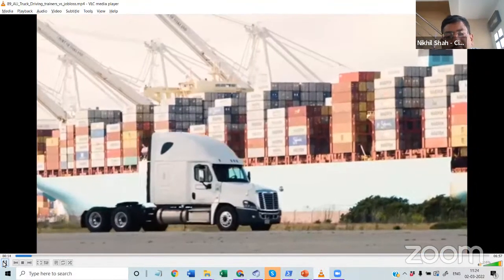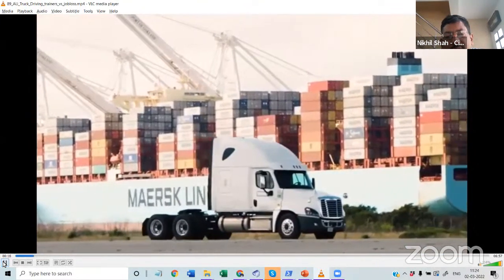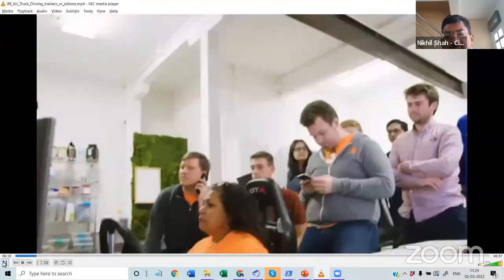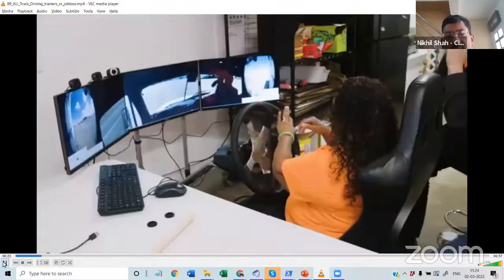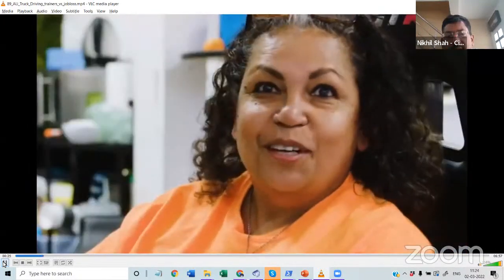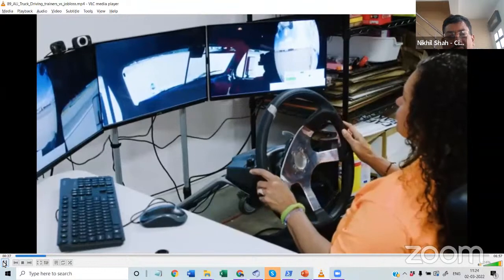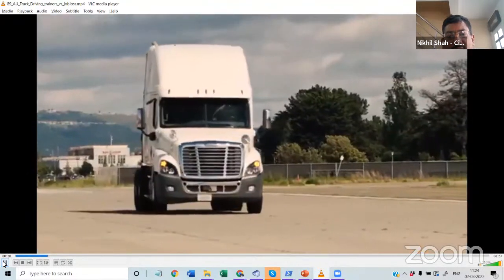But today, her drive is a bit different. See, her truck is in Alameda, California. And she's at a startup office in San Francisco, driving the truck remotely. It's kind of like playing a video game. This remote work may be all that's left for human drivers if robots take the wheel. I think it's the future.